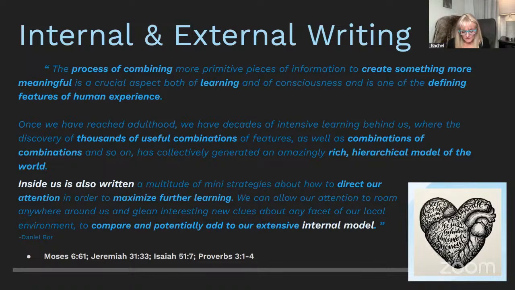Isaiah 51:7, hear me, you who know righteousness, O people, in whose heart is my law. And then Proverbs, my son, forget not my law, but let thine heart keep my commandments. For length of days and long life and peace shall they add to thee. Let not mercy and truth forsake thee. Bind them about thy neck, write them upon the table of thine heart. So shalt thou find favor and good understanding in the sight of God and man. So in relation to this creativity and the spirit teaching you, comes this connection with things being written in our hearts. And I just thought it was fun to pull that in here.